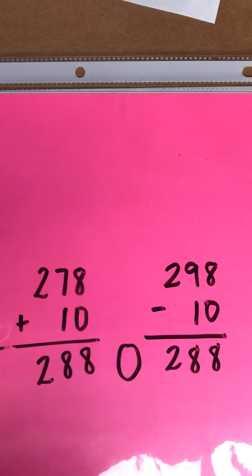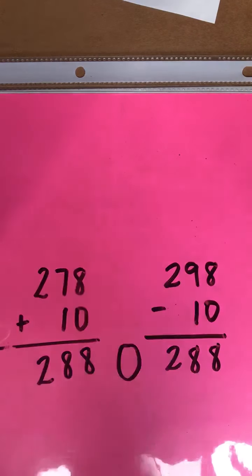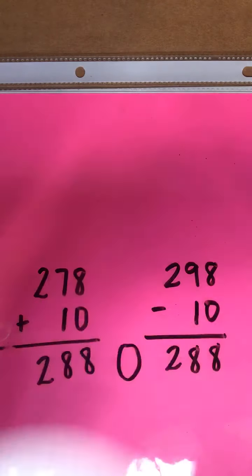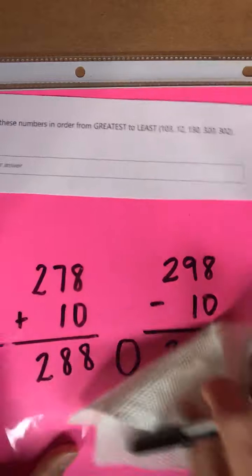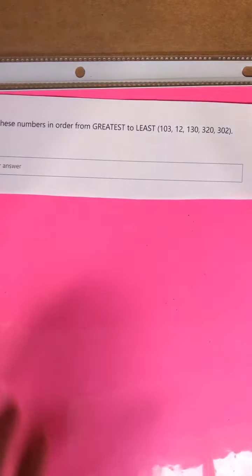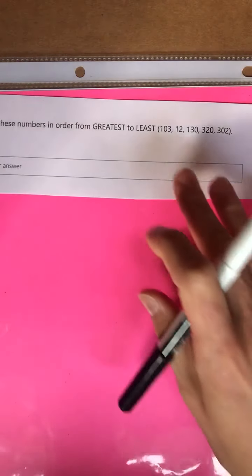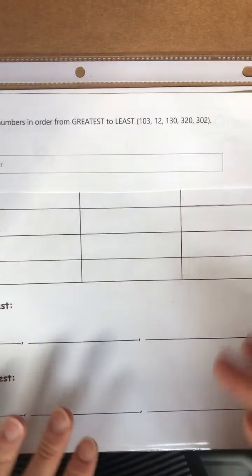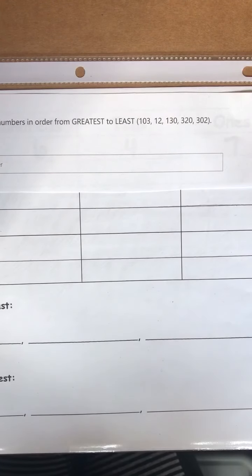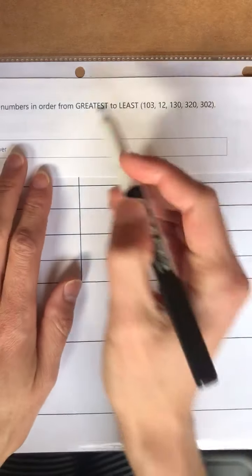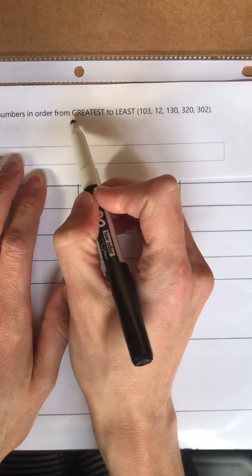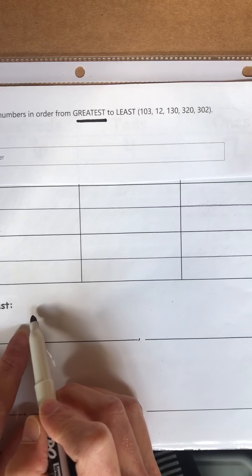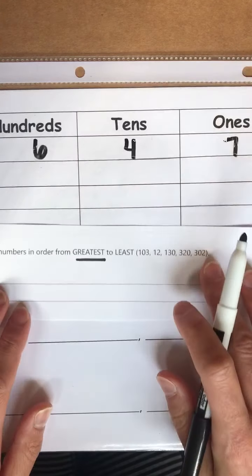Okay, friends, let's take a look at number 5. Sorry, I mixed up my papers there for a second. Okay, so friends, this question says type in the orders from greatest to least. So we're going to do almost the exact same thing that we did on the first question together, except this time we're looking for the greatest number. So the first number that you list down here should be the biggest number. So I want you to go ahead